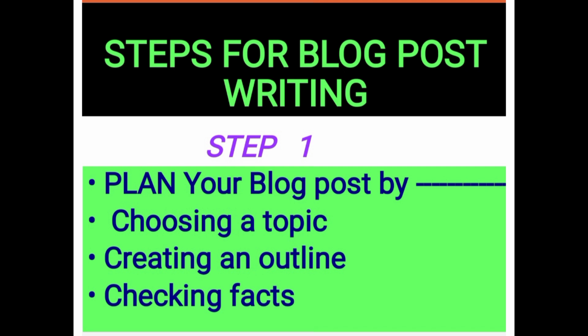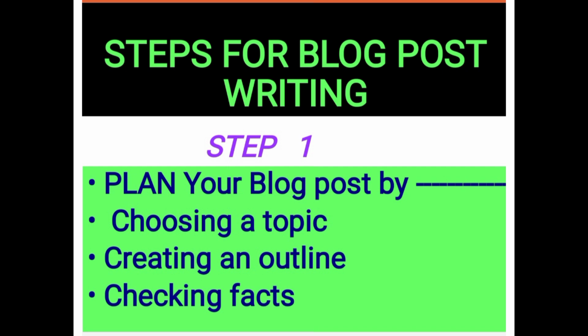The entire process of writing a blog post, from the seed of the idea to finally hitting the publish button, can take many hours. But if you have proper planning, it will save your time. So the first step is to plan your blog post. The second one, choosing a topic. How should your topic be? Before you start to write a blog, pick a topic that actually interests you. It means you can write your blog on an interesting topic.